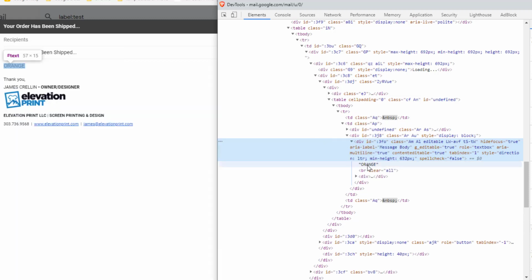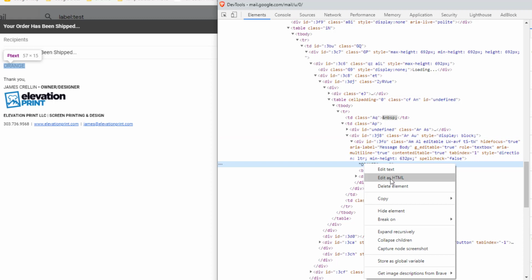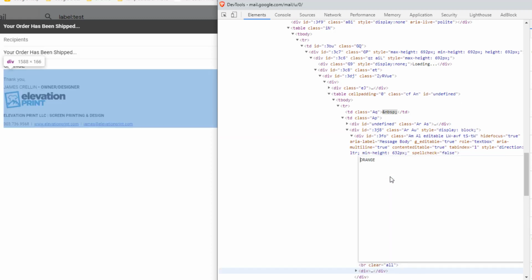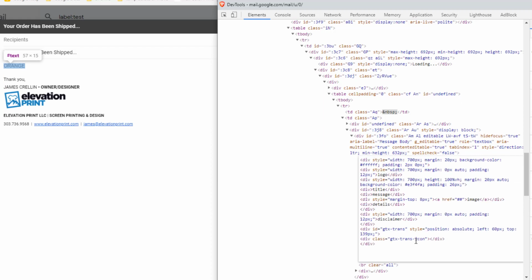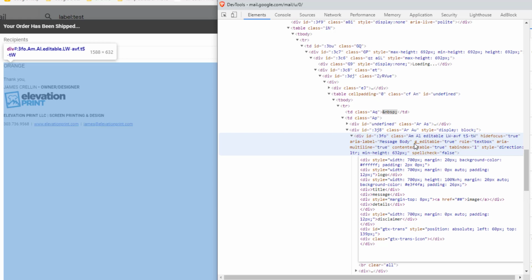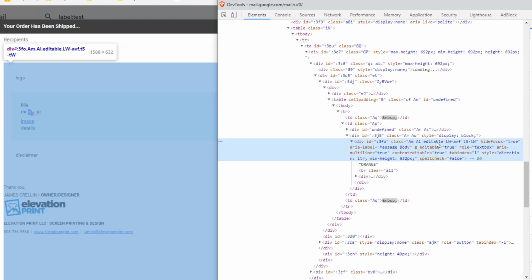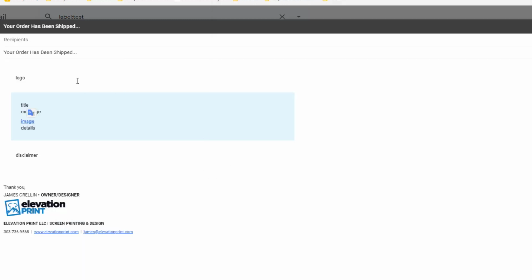I'm going to use the triangle and twirl it down, and then you can see the word orange there. Right click on the word orange and do edit as HTML. Now we'll open up a little edit window box. Go ahead and highlight that, and then just paste your code over the top of that. Now it won't show up right away. You just have to click off into the code somewhere, so it will. There you go. So now our basic body is set up,